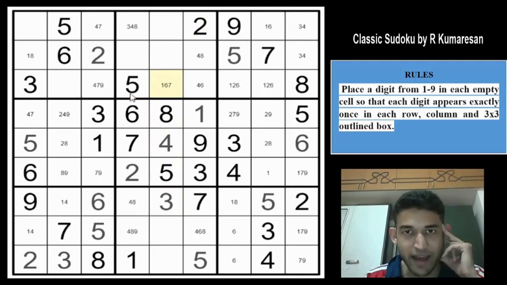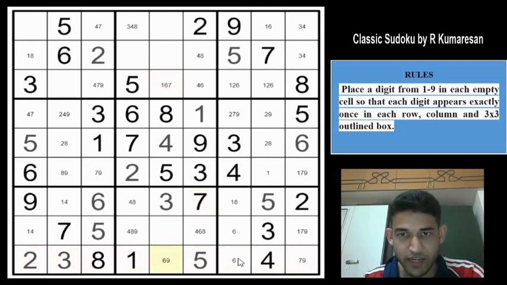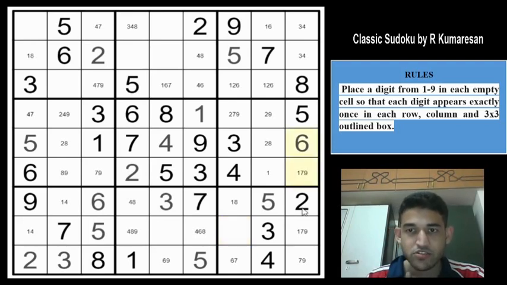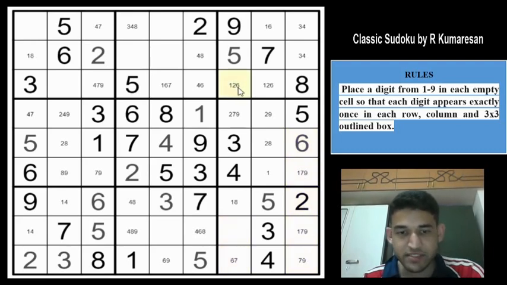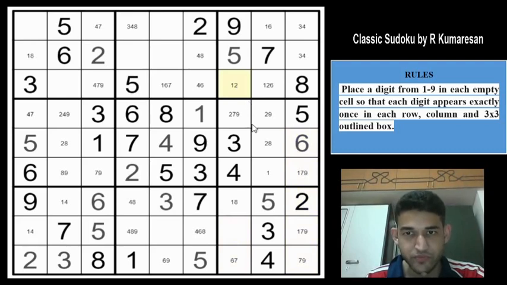So this can only be a 1, 6 or a 7. I still don't see any pairs getting formed as a result of our candidate marking in cells. Let us look at row 9 because we have 6 digits again. 1, 2, 3, 8, 4, 5, right? Remaining digits are 6, 7, 9. This cannot be a 7, so this is a 6 or a 9. And this cannot be a 9, so this will be a 6 or a 7. And this is a 7 and 9. We'll remove this stray pencil mark from here. Okay, so 6 is not in column 9 of box 9. 6 would have to be in one of these two cells. And that eliminates the 6 from here. So this would have to be a 1 or a 2.